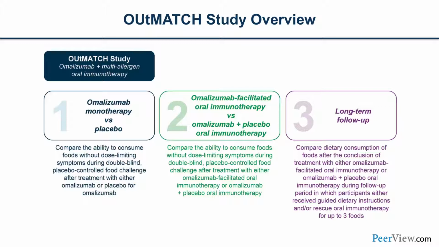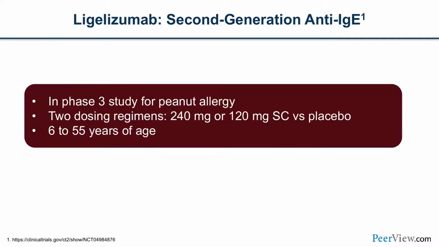And the third stage is a long-term follow-up, where we're actually looking to provide introduction of the foods that these patients came into the study allergic to in a dietary form to both maintain desensitization and ideally really improve their life. The other phase 3 trial is looking at a drug called Omalizumab, which is another anti-IgE, similar to, but has enough differences from Omalizumab that we think it's extremely important that both of these drugs be studied together.